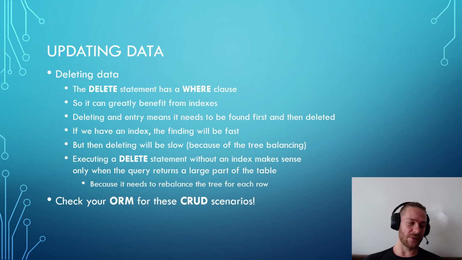So make sure you keep track of how your object relational mapper inserts data. For example, Entity Framework, if you have bulk insert, it inserts every entry one at a time. And for every entry added, you need to rebalance the tree. And if you add 100 entries, you need to rebalance the tree 100 times, which is